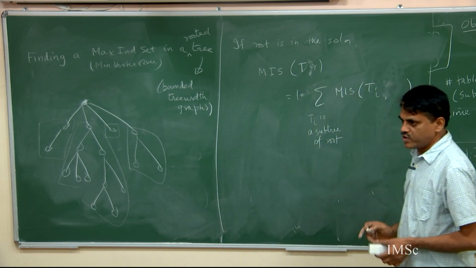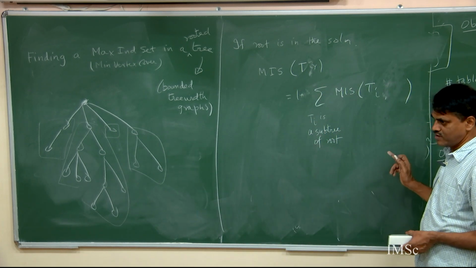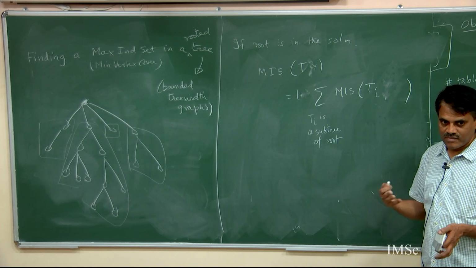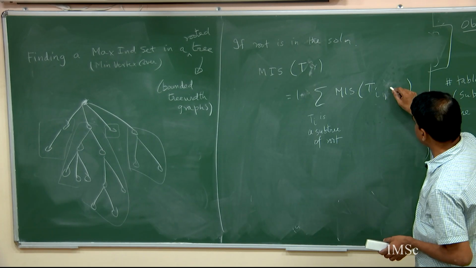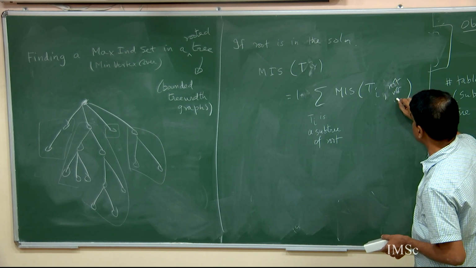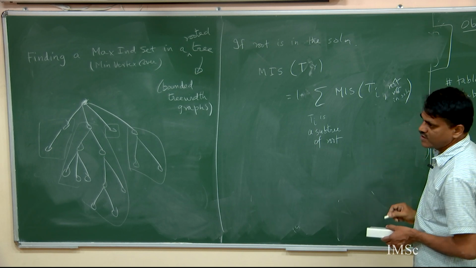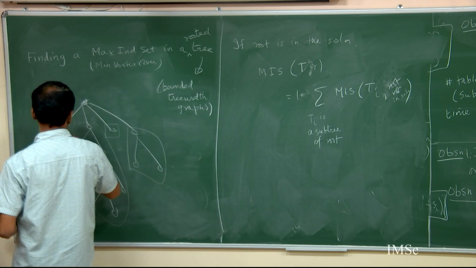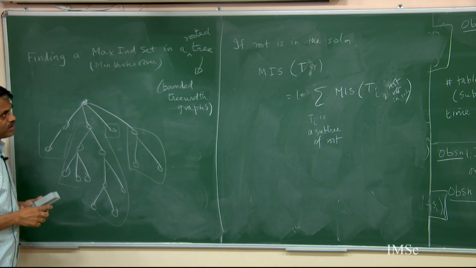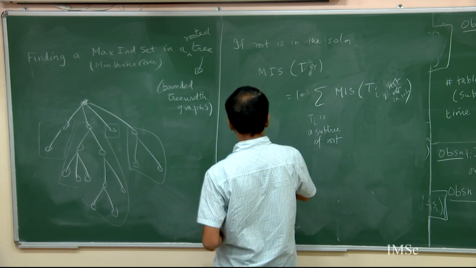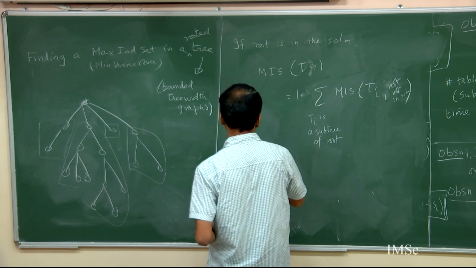Right, but you also said some other condition. It is not just maximum independent set, because of the condition that the root is not in the solution. So you are putting this condition in there because you picked the root and you are looking for an independent set, so none of its children must be there, right. And if the root is not in,